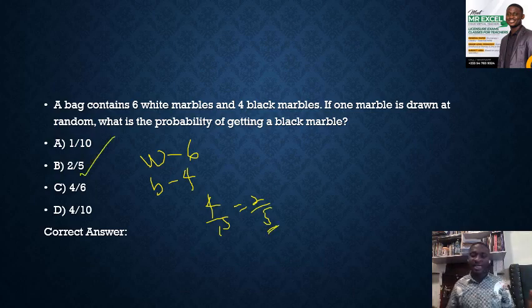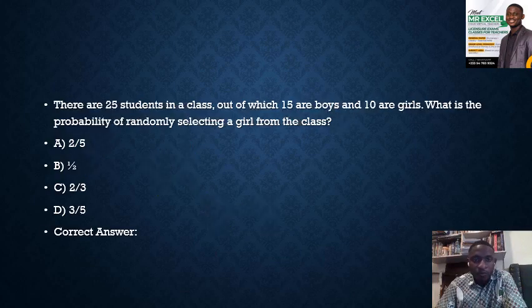Alright, so this is how probability questions would basically be. In the next 9 slides, you have questions that I expect you to try your hands on and drop the answers to the page. Aside that too, I will drop a number of questions to the page, which I expect you to be able to answer and submit for vetting or review. So next question is here. 25 students, 15 boys, 10 girls, probability of picking a girl, which would of course be 10 on 25. You simplify the answer and you have it there.